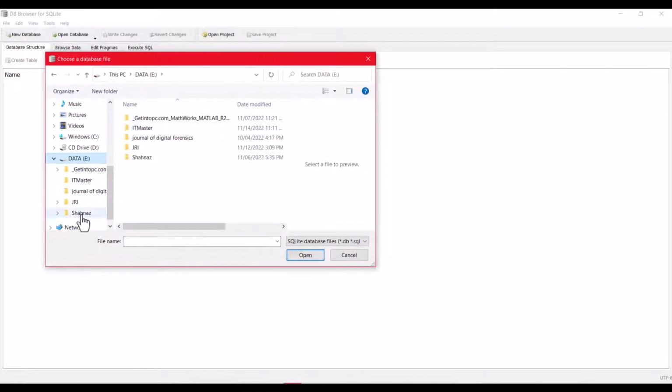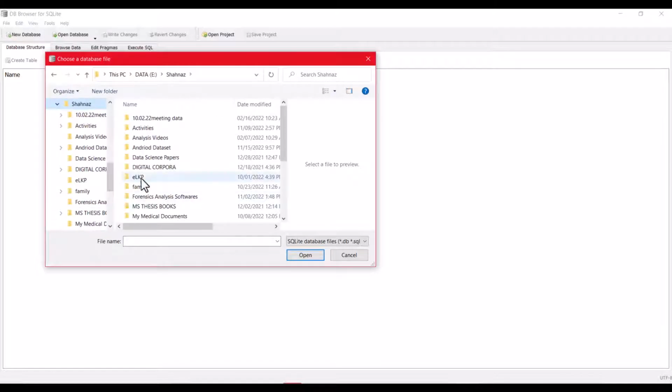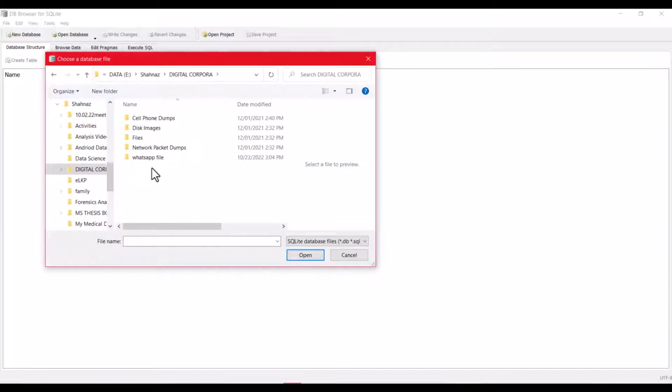and select the path where your database is stored. I chose my folder, Digital Forensic. So I'm going to choose Android database. So this is the database,